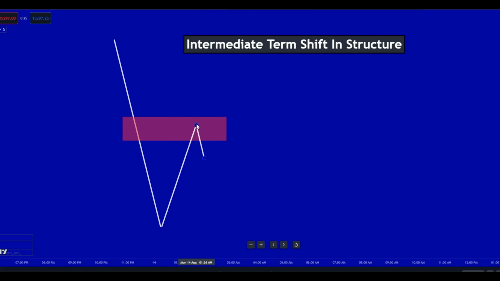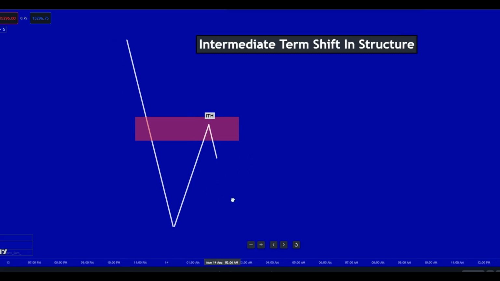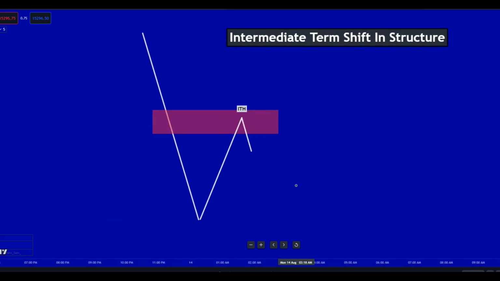Now that high that's there is now an intermediate term high. Now, if you're not familiar with intermediate term highs, all it is is a high that fills a fair value gap or some other type of imbalance, which could be a volume imbalance, a gap, just an imbalance in price. To keep it simple, I have gotten rid of ICT's second definition of an intermediate term high because I found it provides us traders with no real edge in price. The algorithm that controls price really only cares about the ones that fill the imbalances.